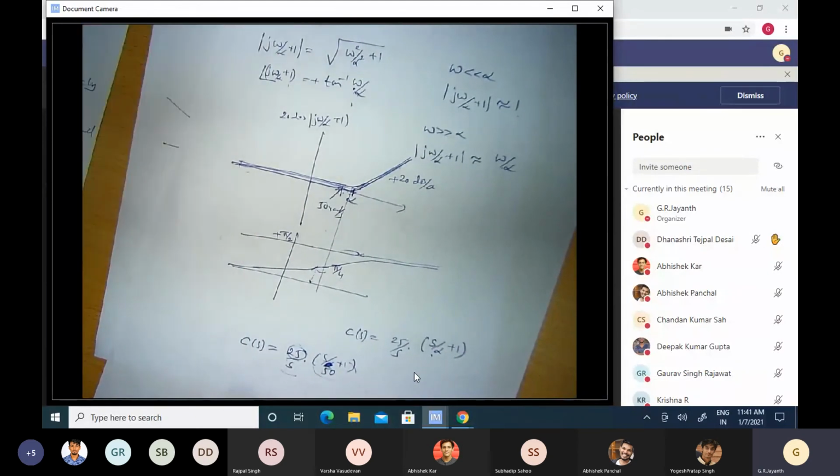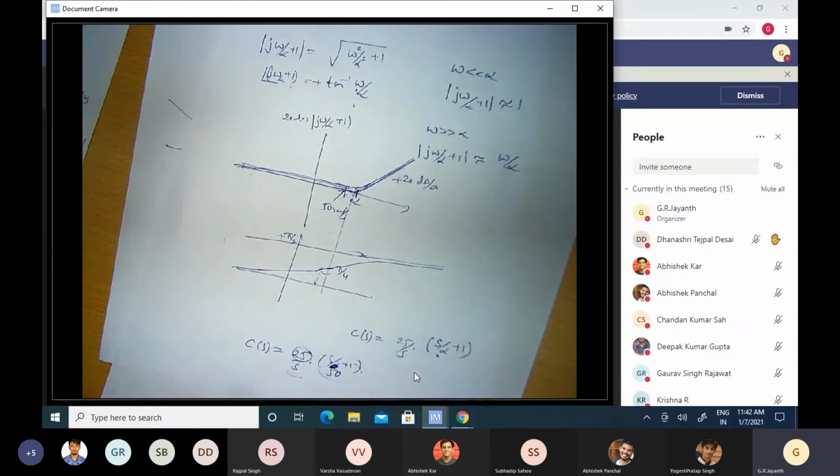Now it so happens that at the moment I'm struggling to get the required phase margin. My phase margin turned out to be close to 0. So I actually want a phase boost of 45 degrees around 50 radians per second, my gain crossover frequency. So if I choose alpha to be 50 radians per second, then around that frequency, I get a phase lead of 45 degrees. And that makes the phase margin of the overall system greater than 40 degrees, which is what I wanted the closed loop system to have in the interest of stability.